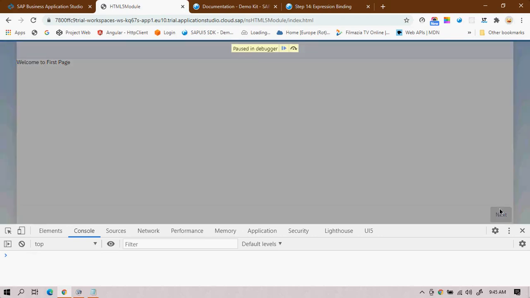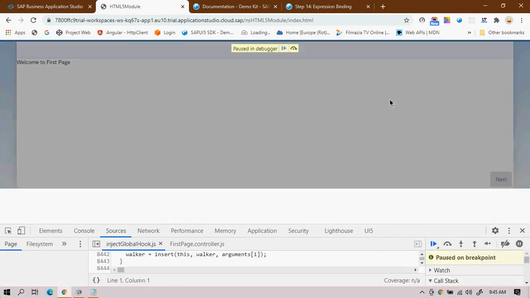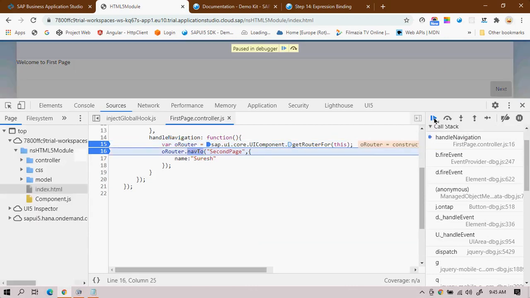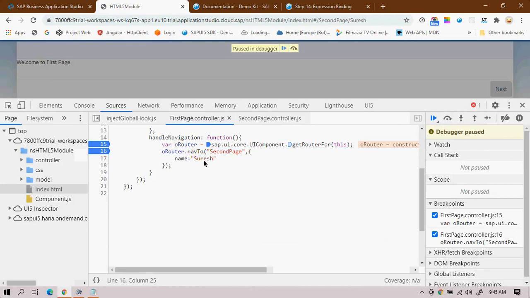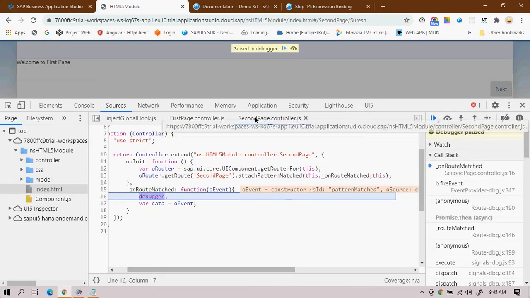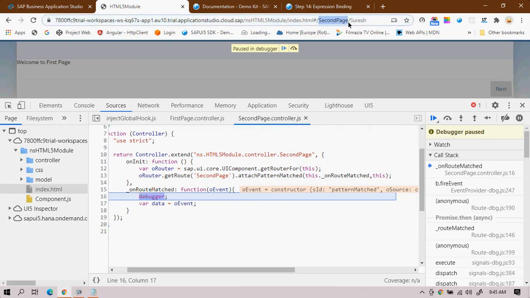If I press next, my page will navigate. Once my page is navigated to the second page, you can see in the URL, first the hash, then the slash, then the second page name. This name is nothing but the pattern, slash, and the value which I have passed.